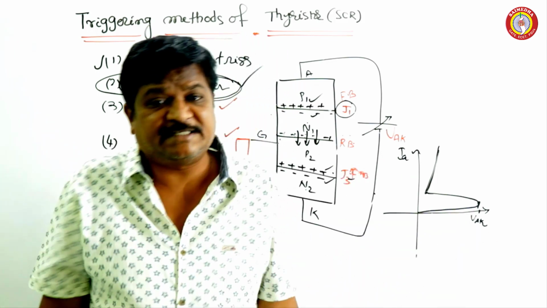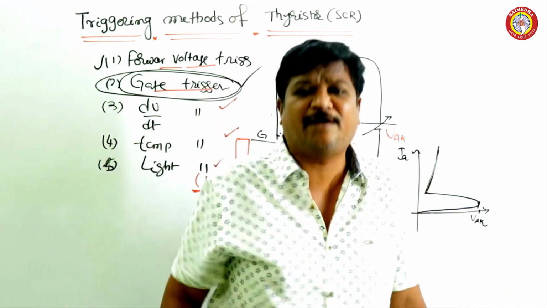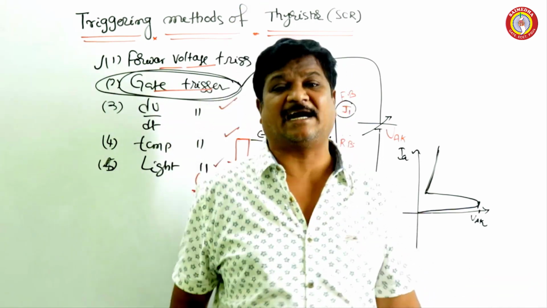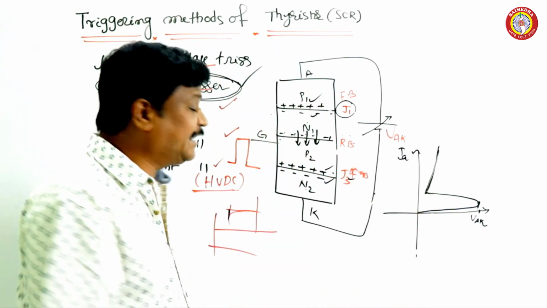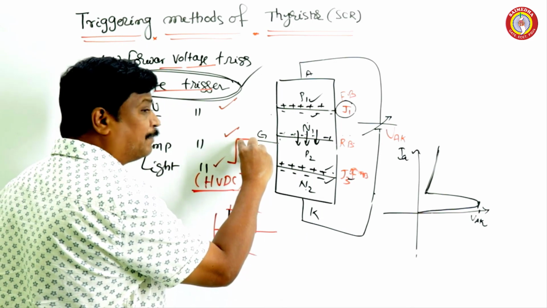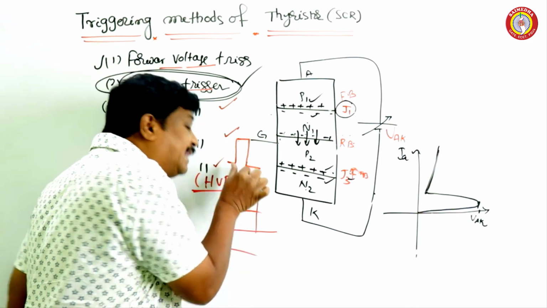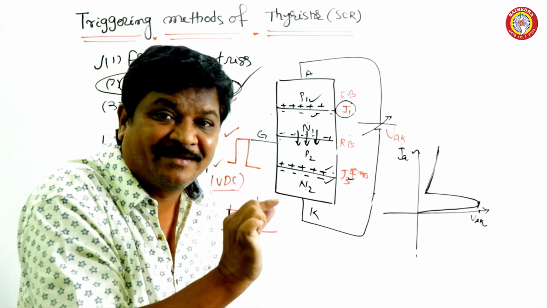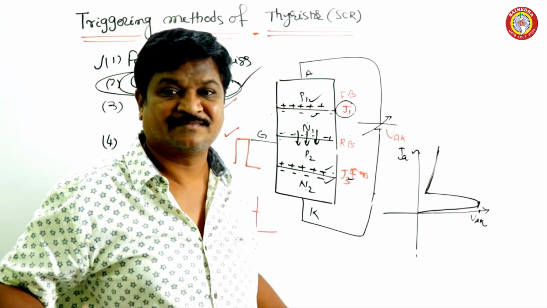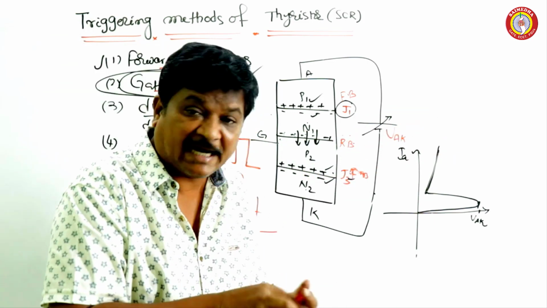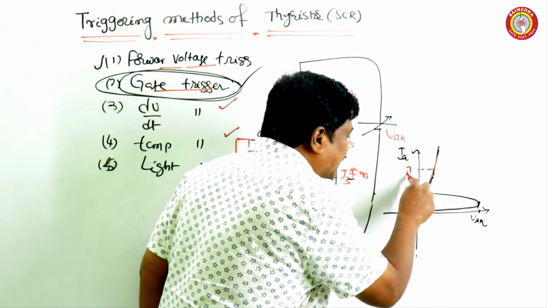For example, if you take a BJT or a power MOSFET, there is no other solution; we have to use continuous base current or gate current. But in the case of SCR, it is pulse triggered. We can apply a larger amplitude and a narrow width, but we have to maintain the pulse until we reach the latching current. This is the latching current IL.